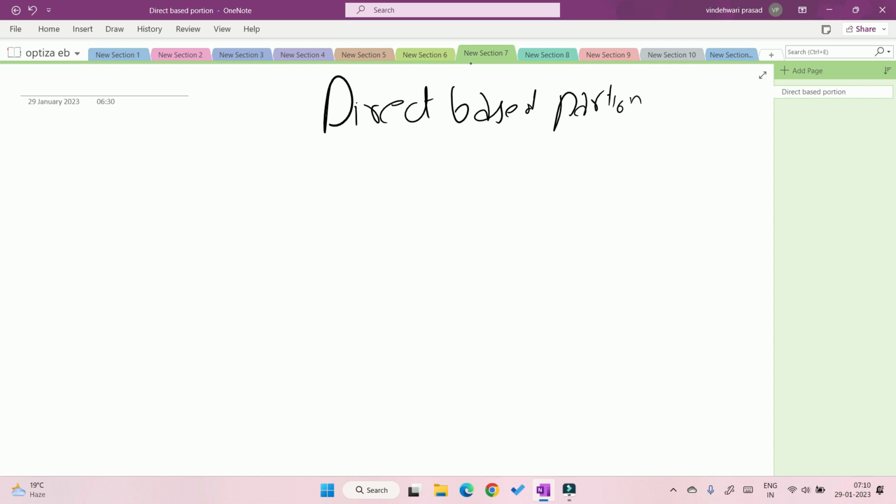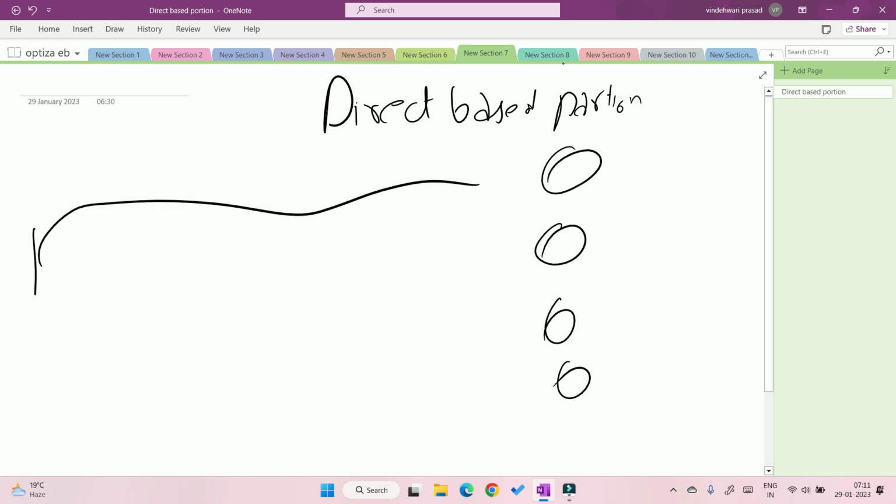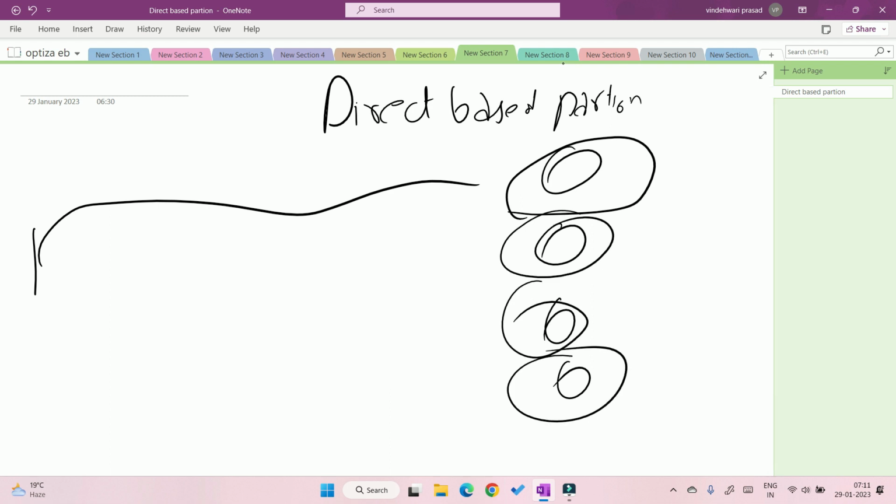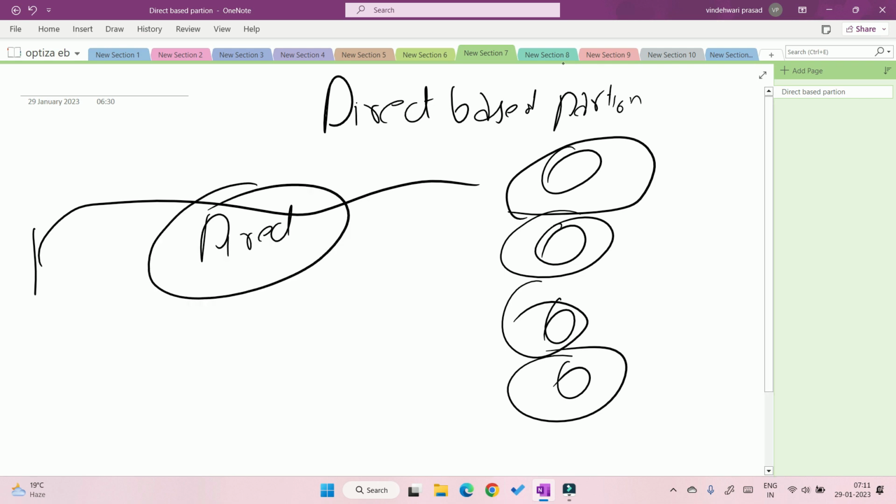What happens in directory based partition? Suppose you partition your data into 4 different machines, and now anyone comes and searches here. So how will it know which machine to go to? First machine, second machine, third machine, and fourth machine. So what will happen? We come with a directory server, and it stores all the details of which server has